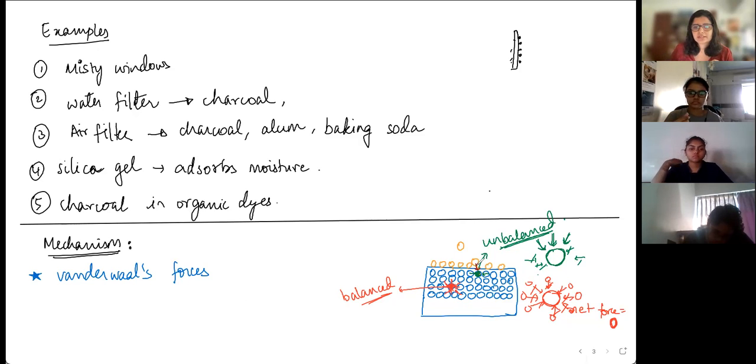When the force is attracting this particle, there is a bond being formed. Like not a chemical bond, not like ionic or covalent bond, but there is some sort of attractive forces, matlab, there is some energy changes involved, right? So the process of adsorption involves a delta H, and because it's always attraction, delta H is always negative.